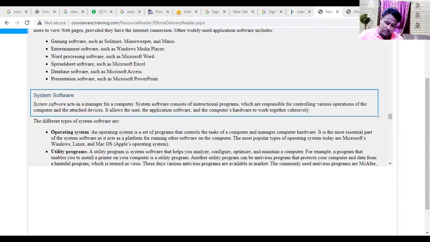In system software you have one, operating system software, and another, utility programs. Basically, in your course you have operating system software.